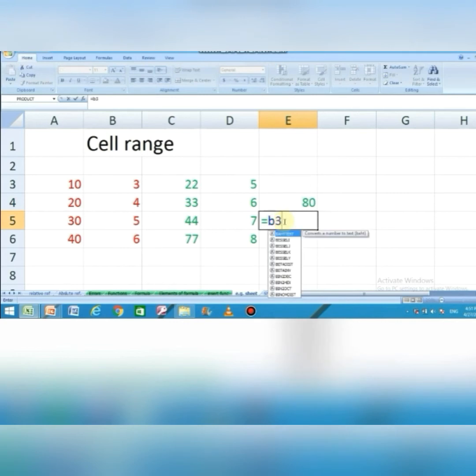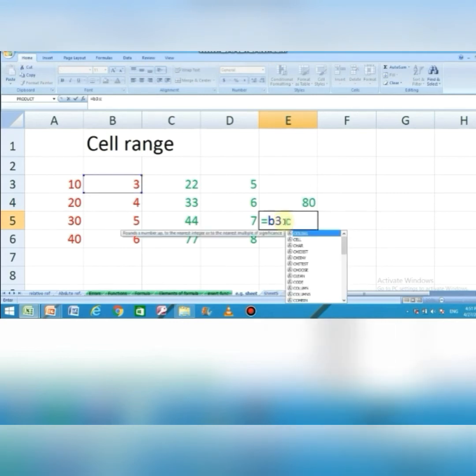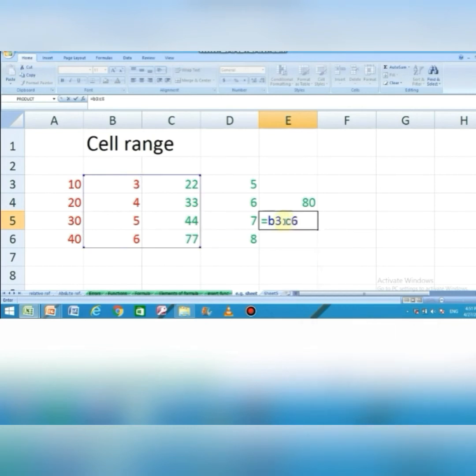Now if I want to calculate B3 plus C6, see, I have not written the plus operator here, I have written range here. It will not calculate it and it will show an error message because I have not decided a function.